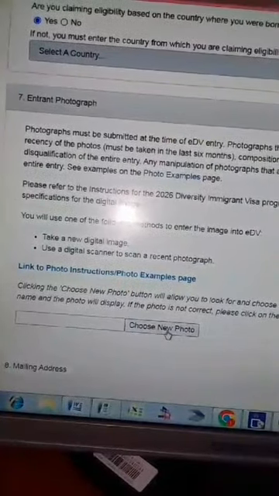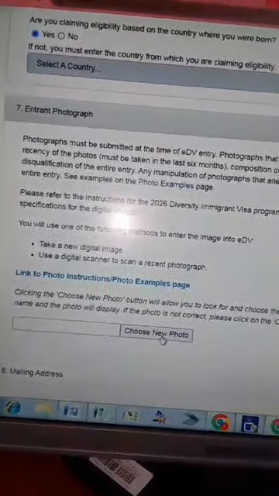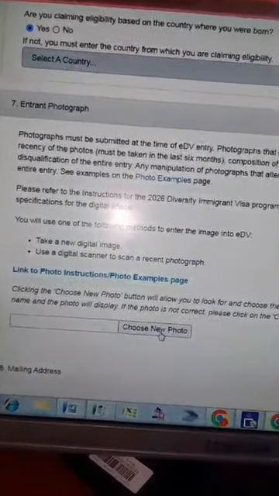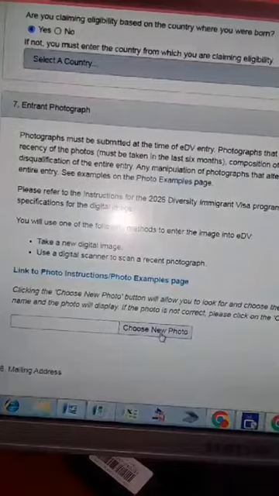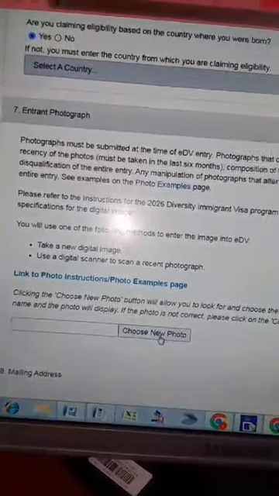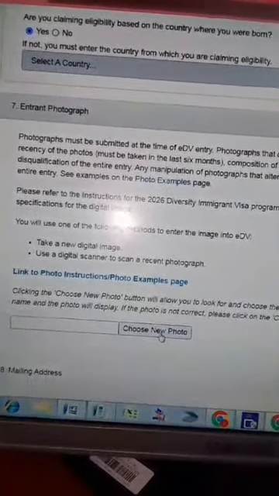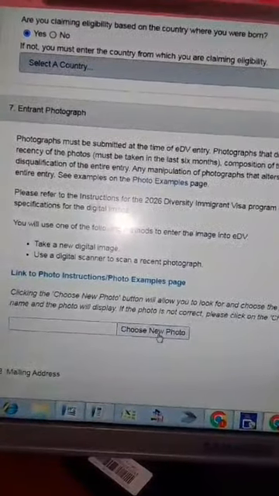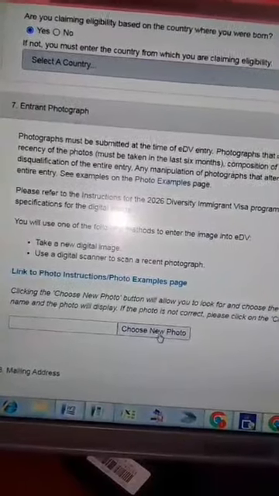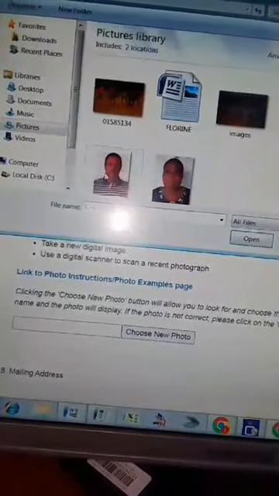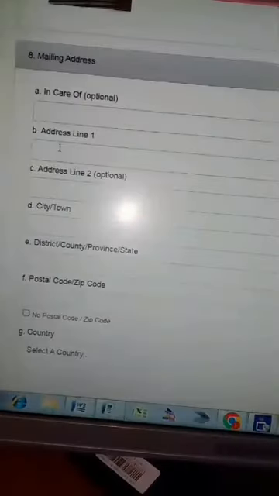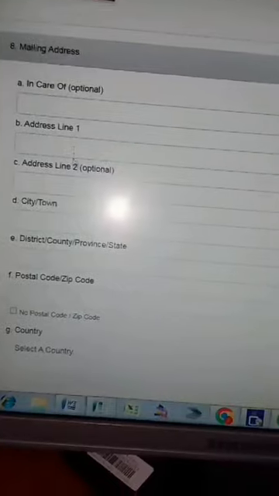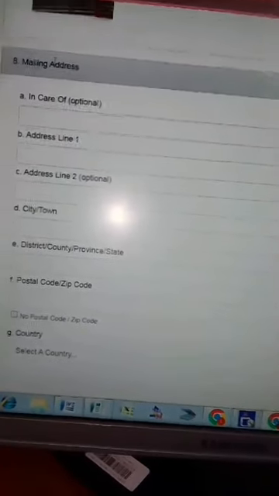So I'm going to choose the photo. Remember, the photo that I'm going to put here, in my case, is not meeting the requirements, because this is just an example. But the photo that you are supposed to use must meet the requirements for the green card passport photo. So I'm just going to select any passport photo in my case, so that this is just an example, if you understand. So mailing address, number 8,